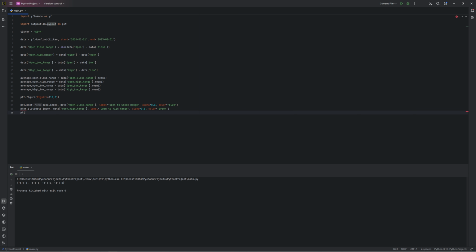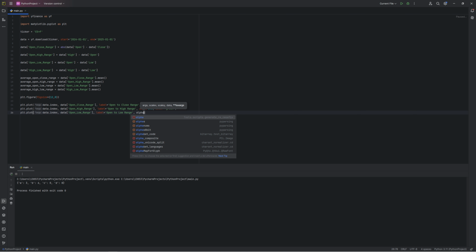and then let's do PLT. Make sure we correct this one up here to PLT. PLT dot plot data index, and the next one is the open to the low. So we will do data open low range, label equals open to low range, alpha equal to 0.6, and for this one let's do color equals red,